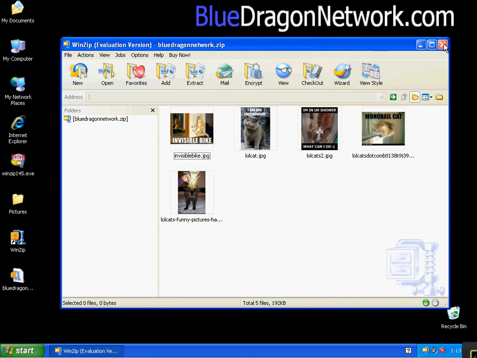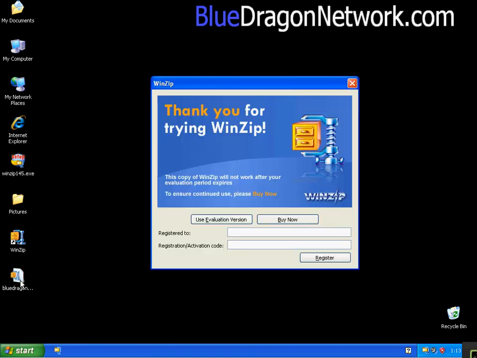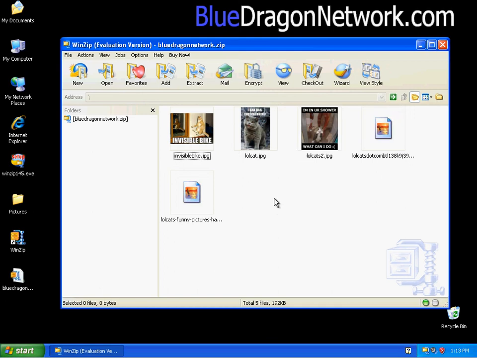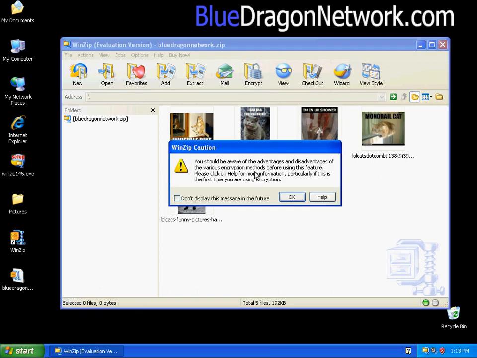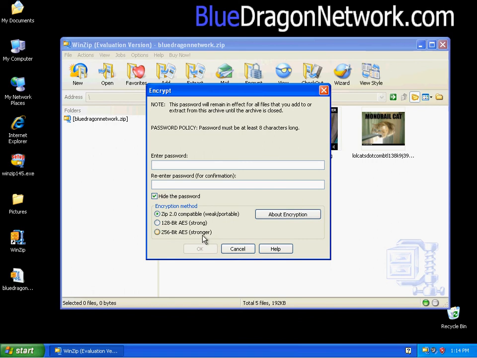Okay, I'm going to go ahead and close this, and that's what we needed to be open. Click Use Evaluation. We'll click Encrypt here. It says you should be aware of the advantages and disadvantages of encryption methods and stuff like that. I'm no encryption expert yet. I would like to learn about it, but we can go with the zip encryption, 128-bit AES and 256-bit AES. I'm going to go ahead and type in the password of